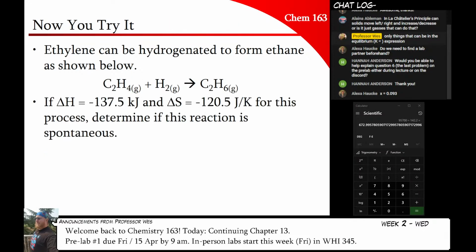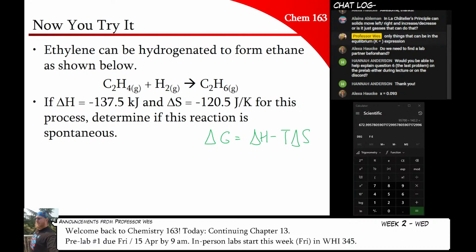All right. I want you to try and do this problem here. We're going to hydrogenate ethylene. So ethylene is a compound with a double bond, and sometimes you don't want double bonds. You want to get rid of them. Here's some thermodynamic data. I'm going to write down the equation. I'm sure that you have not memorized this yet, unless it is something that you did last quarter.